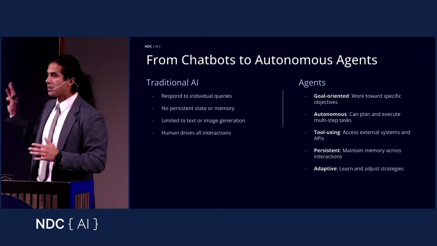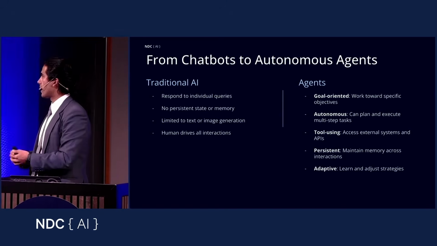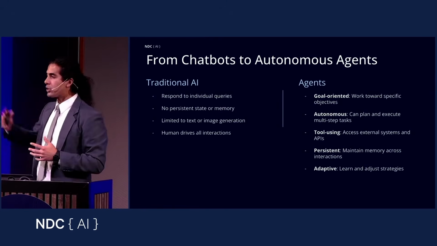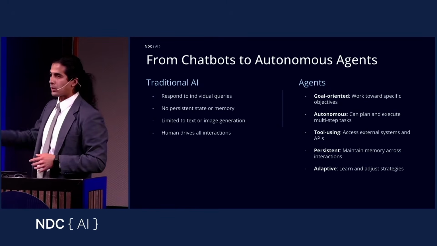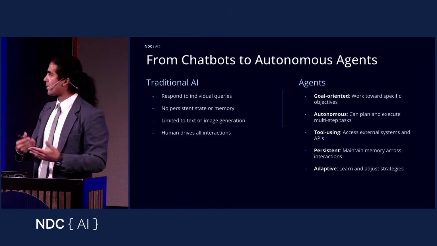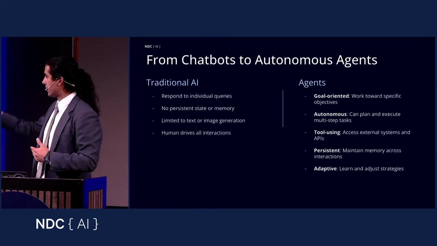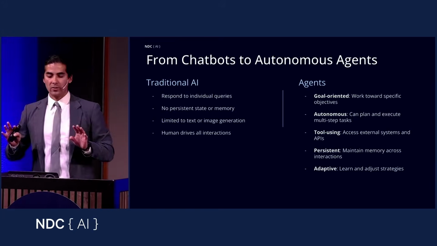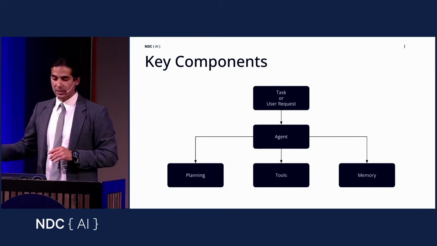With agents, things shift a little bit. Now the idea is that we're giving these agents goals, and with these goals, the agent is able to achieve the objective on their own. The core concept here is that they are more autonomous, right? We give them more tools, and then they're able to execute more complicated tasks. They can create their plans, they can use tools, and they can adapt to the environment. So two different ways of thinking, right? We have the traditional AI systems and then the agent systems.